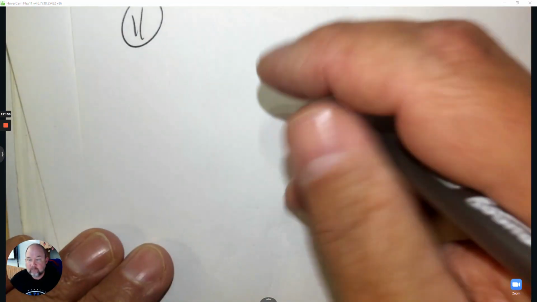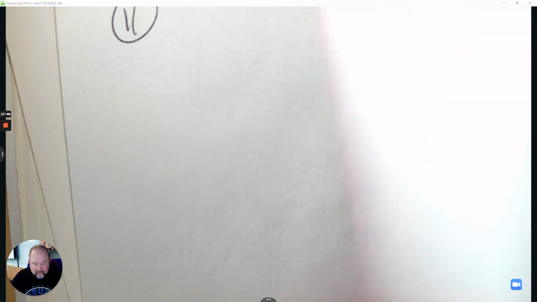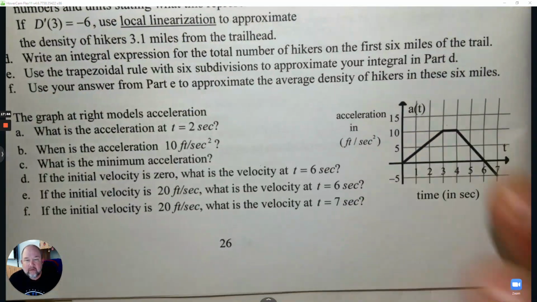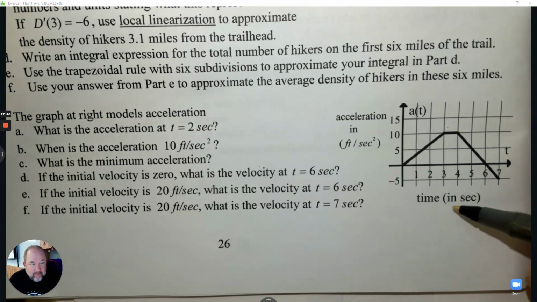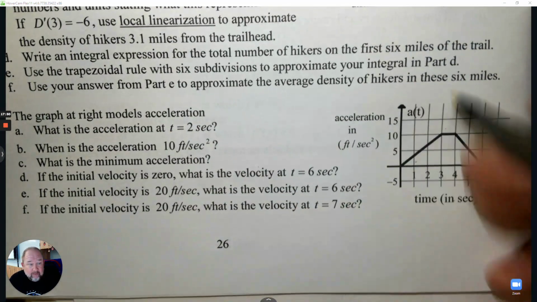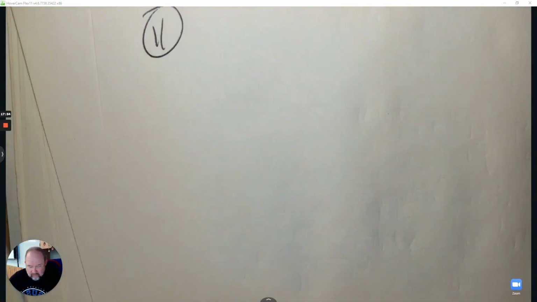All right, last one, number 11. The graph at the right models acceleration. And then you have this. So this is not velocity, this is acceleration. It says, what is the acceleration at 2? So at 2, we need an equation of this line. So an equation of that line,